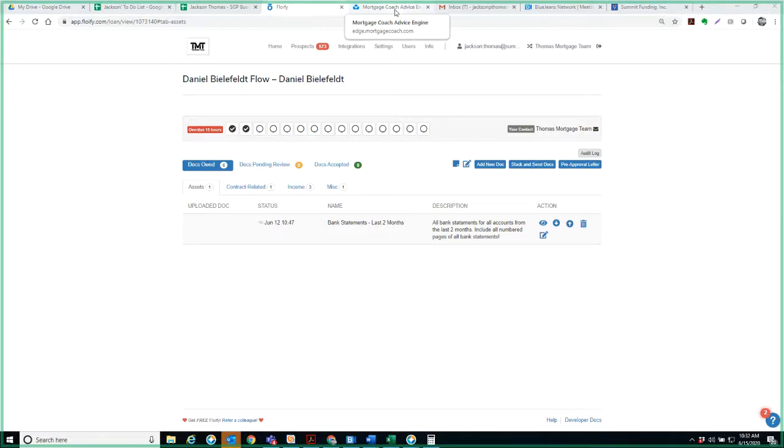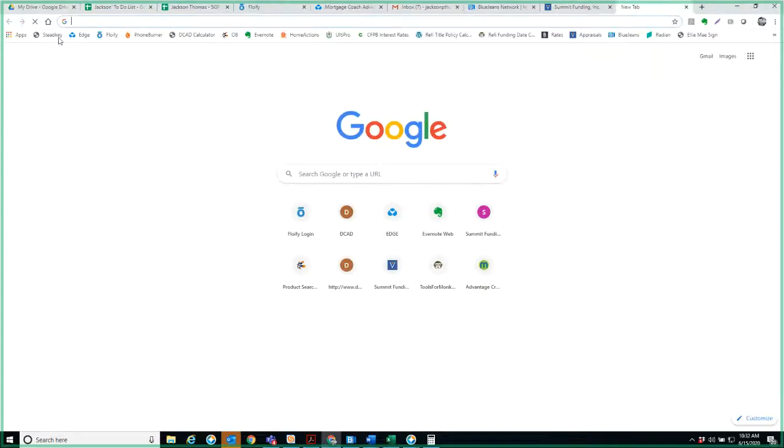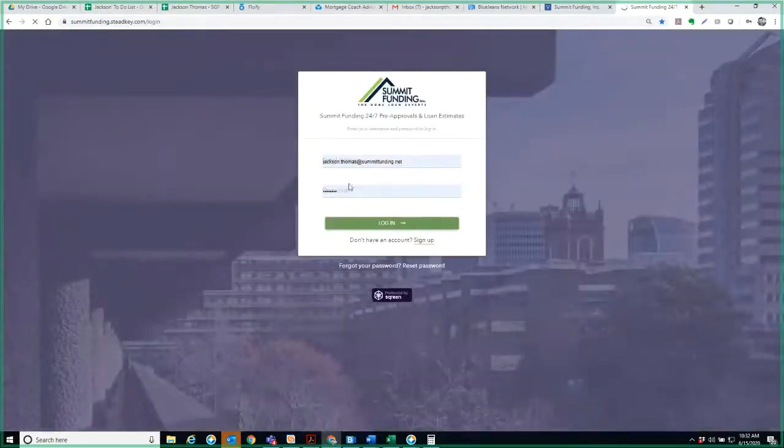And then also, we want to follow up with the borrower if you have time today. If not, we'll do it tomorrow in our loan consult to get the documents needed to get a pre-approval. And then what I'll do is I'll do a separate training. Well, yeah, this would be the next training I'll do is through SteadKey to show you how